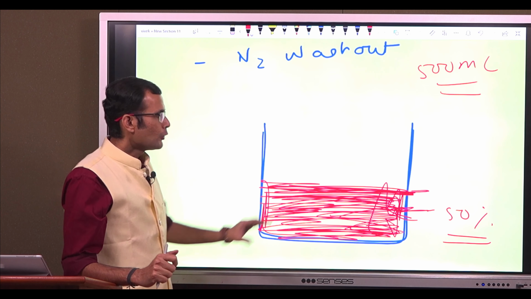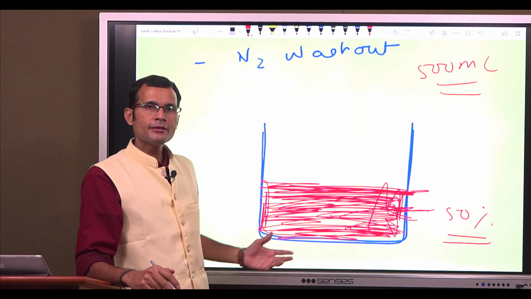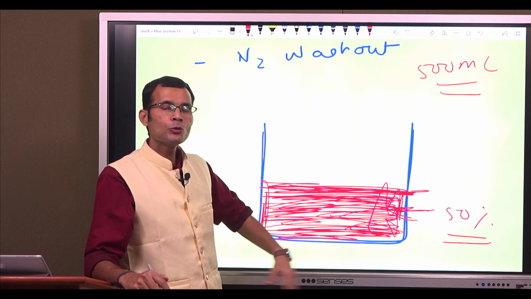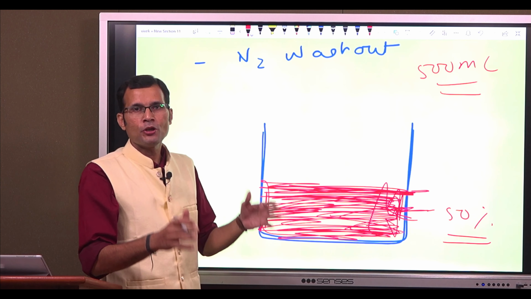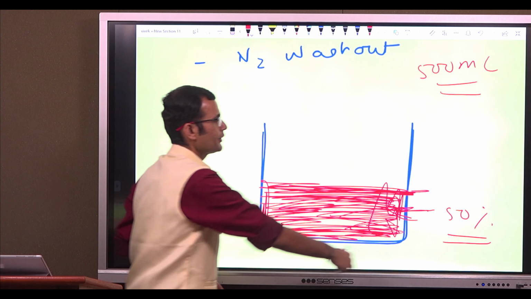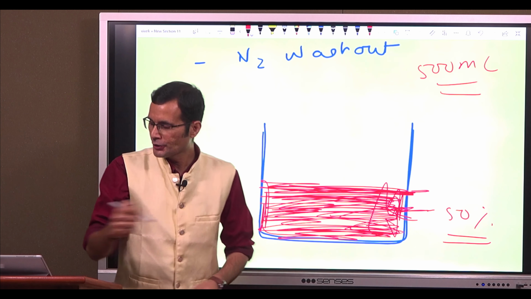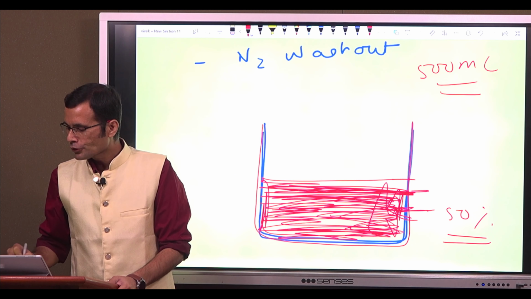Okay, we will know the initial concentration of nitrogen, of course, in this case, and we will know the initial volume, and the final volume of the lung, the residual volume, we can measure. Let's say this is a residual volume, and we know the nitrogen concentration in the residual volume. Now the only thing that remains is how much is the volume of nitrogen that is to be measured.